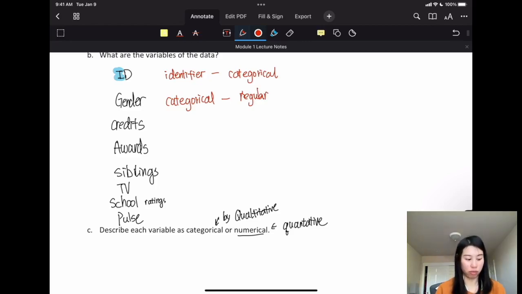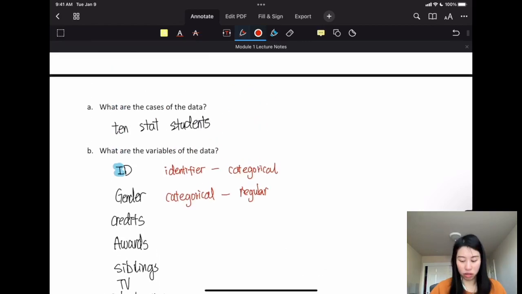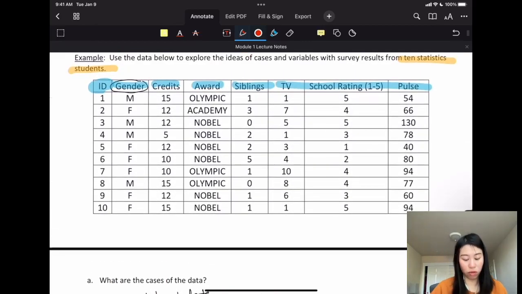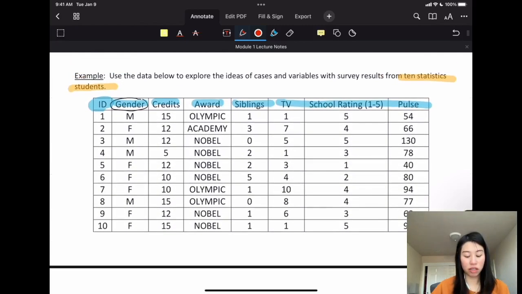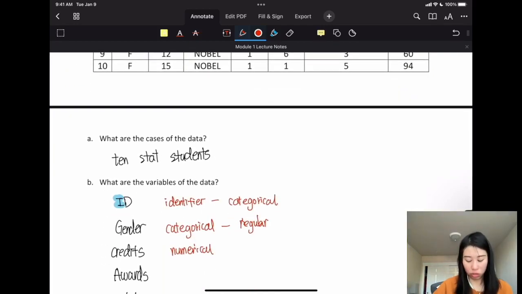Okay, credits. So now when we think about credits, let's take a look. Credits were 15, 12, 12, 5, and 12, 10. So credits should be what? Numerical, right? So is this considered, can you measure by counting, or is that obtained by measuring or obtained by counting? So think about it. So credits should be obtained by counting, right? So this is going to be a discrete